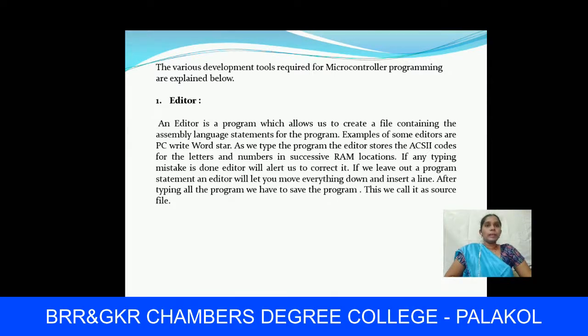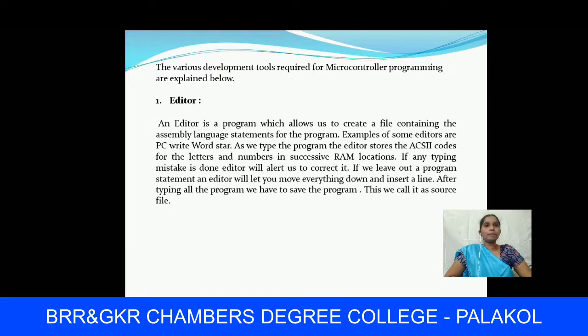If any typing mistake is made, the editor will alert us to correct it. If we leave out a program statement, an editor will let you move everything down and insert a line.